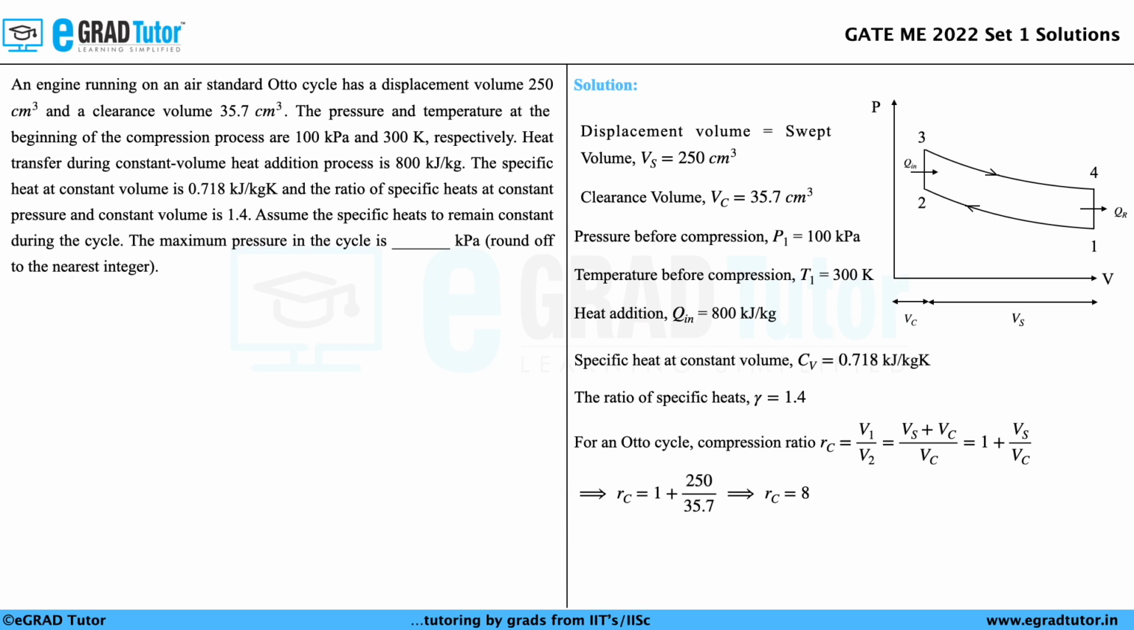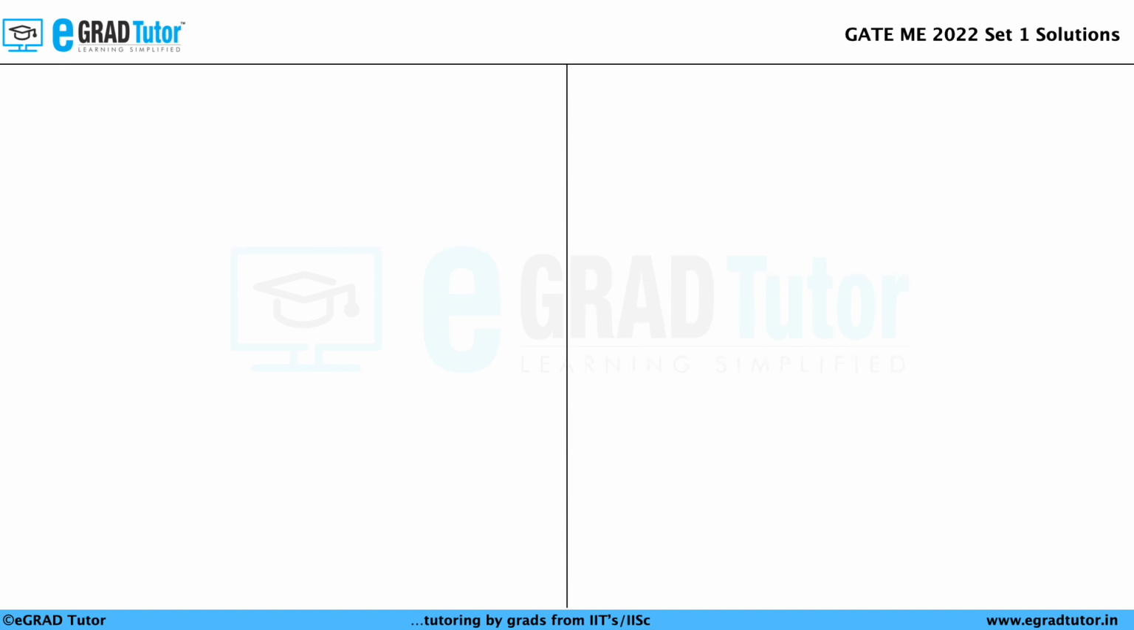Now, from the basic thermodynamic relations, we have T2 by T1 is equal to V1 by V2 to the power gamma minus 1. We know that V1 by V2 is the compression ratio, so we can write T2 by T1 is equal to compression ratio to the power gamma minus 1. From that, we can extract T2 is equal to T1 into Rc to the power gamma minus 1. Substituting T1 equal to 300, Rc equal to 8 and gamma equal to 1.4, we get